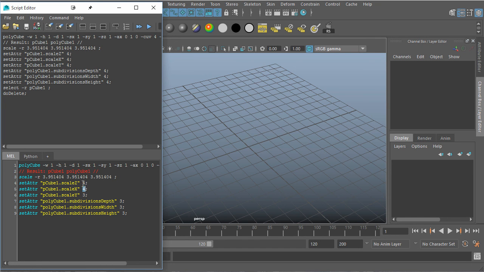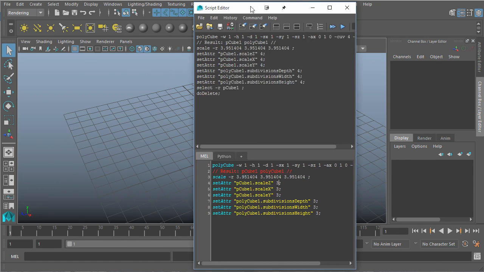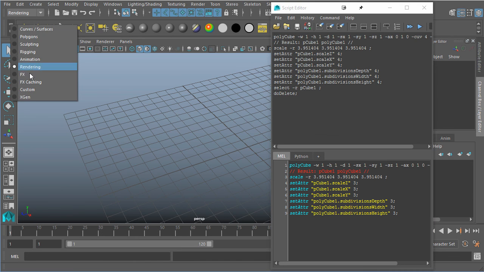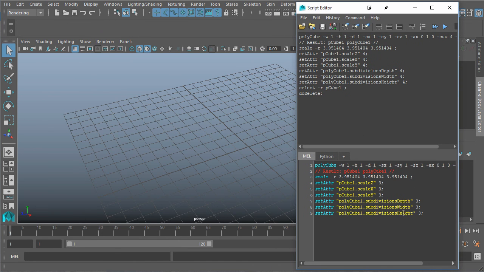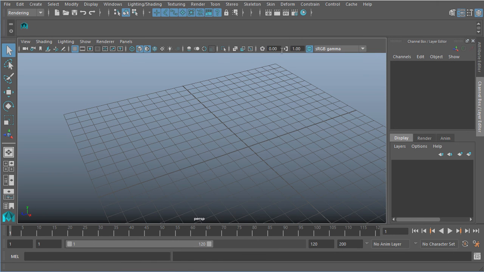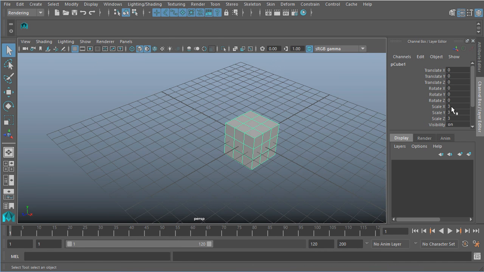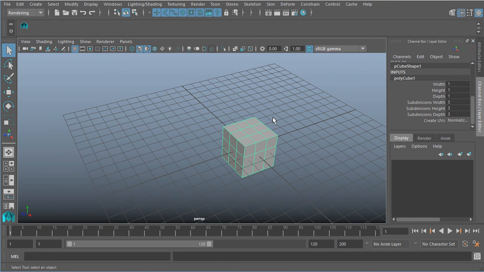And I can take this, let's hop into our custom shelf, take this, middle click and drag, and now we have this script up here. So now if I ever need a cube that has a scale of 3 and subdivisions of 3 on either side, I just click that. And it's really without even needing to know or understand the code. And that's one really cool thing that you can do right away when you're starting to get familiar with Maya,